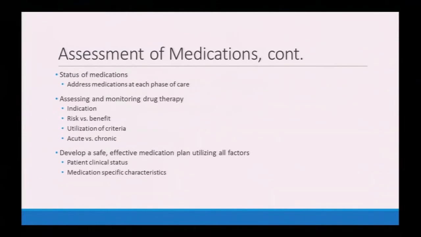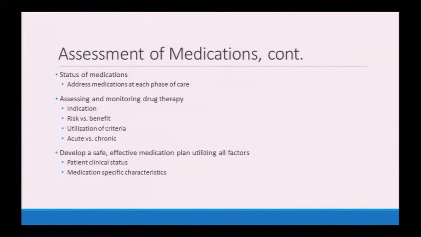And when we're talking about assessing and monitoring drug therapy, making sure that the indication is appropriate, looking at the risks versus the benefits of using the medications, utilizing your criteria, whether it's Beers or stop-start criteria, and then addressing whether the medication is for an acute instance or used chronically. And then ultimately, we want to develop a safe and effective medication plan utilizing all of the factors that I mentioned previously, looking at the patient's clinical status, and looking at each medication's specific characteristics can be very important when we're thinking about preventing adverse